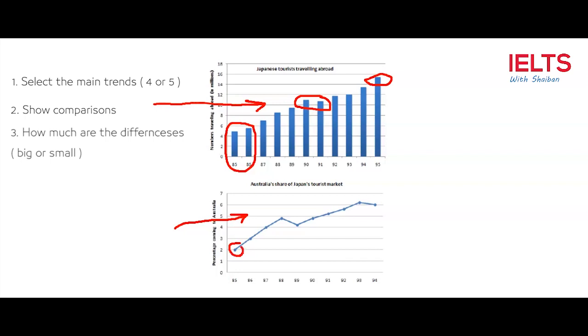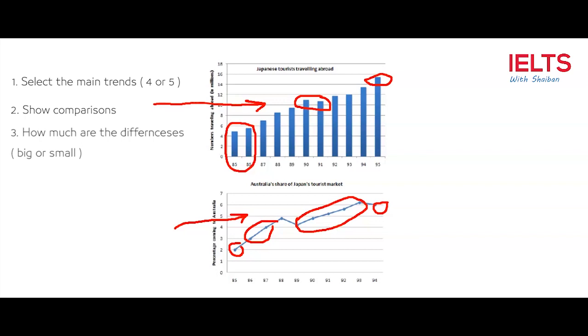Now, for the language of change in this graph, again you have to select, maybe you select this year here. Then you can talk about the gradual change in here. Then the slight change at this point, and then finally this point. Again, it's not about talking about every single year individually, and if you do that, you are making a big mistake, which is not a summary, because task 1 is